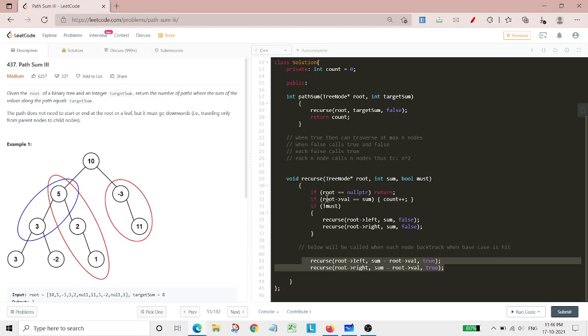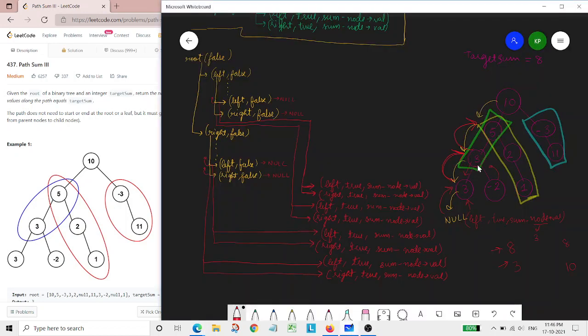That's why at this moment the count will be incremented, and this portion would end, because our must was true because of this only. Then it will again call towards its left, and when it calls towards its left, here again it will be there.